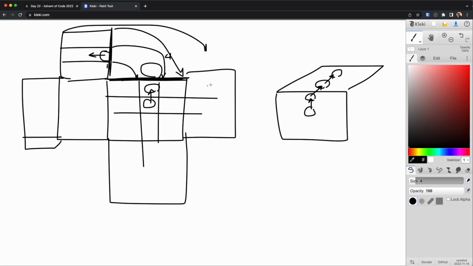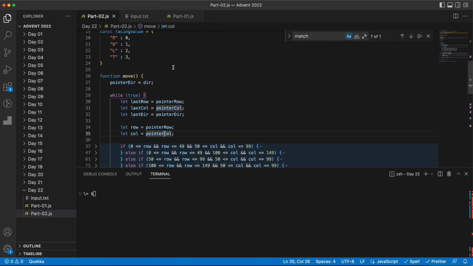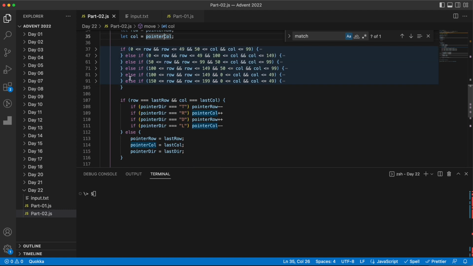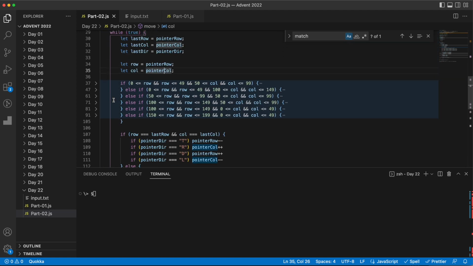So as you can see, there will be 6 different faces, and we will have 6 different if statements for each of the faces as we are moving from one to the other, which makes it a lot of code. Okay, let's see the code then. I think it's enough with the drawing. So in the code for part 2, everything is the same. The only thing that is being changed is the move function,